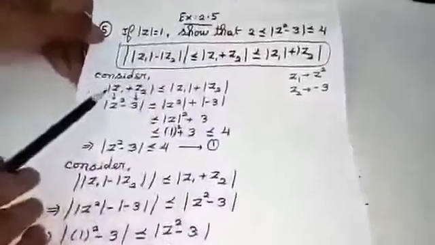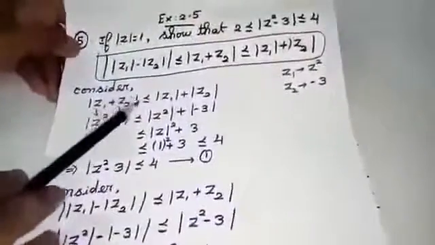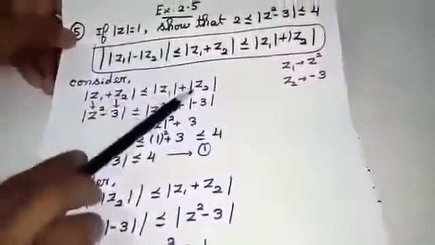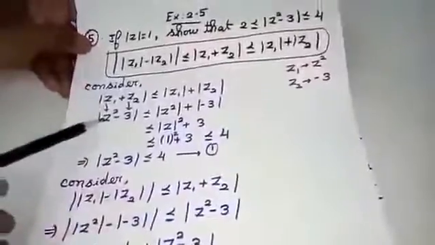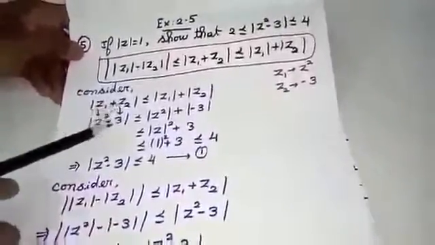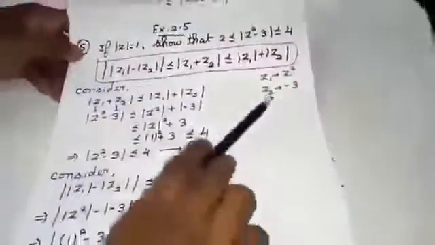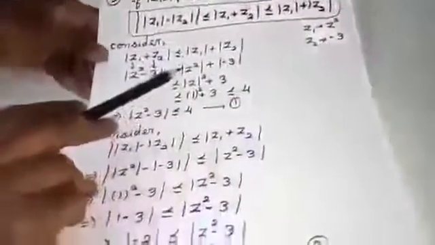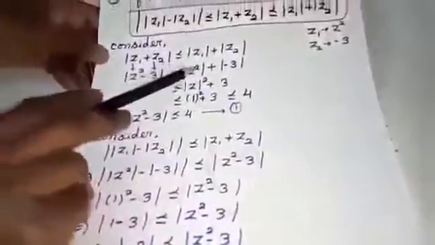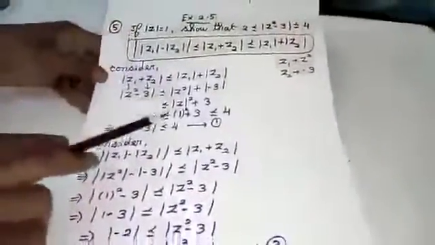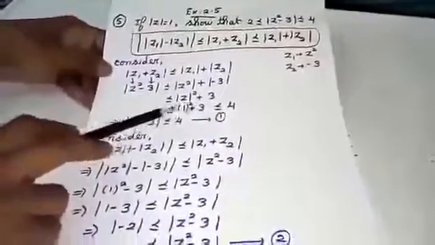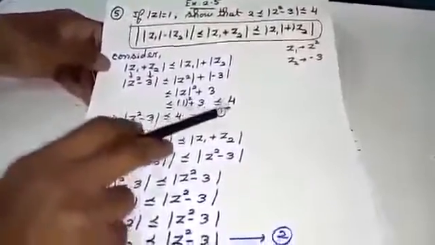Consider modulus of z1 plus z2 is less than or equal to modulus of z1 plus modulus of z2. In place of z1, I am going to replace z square, and in place of z2, I am going to take the value as minus 3. That is why I have written here, students. You are going to apply it. Just note this part. Modulus of z square can be written as modulus of z the whole square. And what is the value for modulus of z given here? Equal to 1. So I am going to replace like this. That is 1 square plus 3, which is nothing but 1 plus 3 equal to 4. And that is the required answer in your right hand side part.